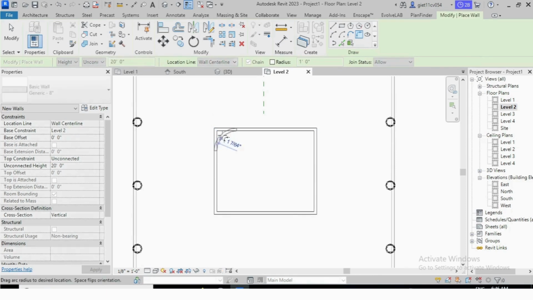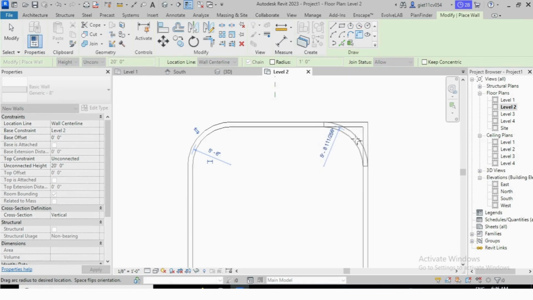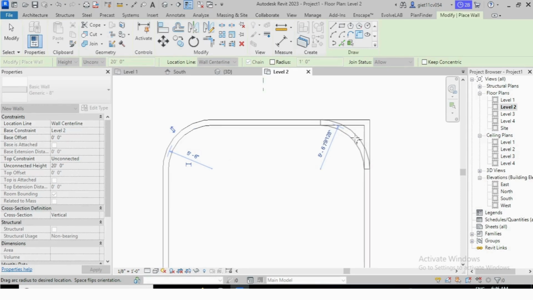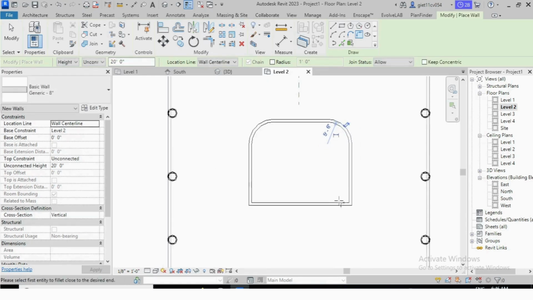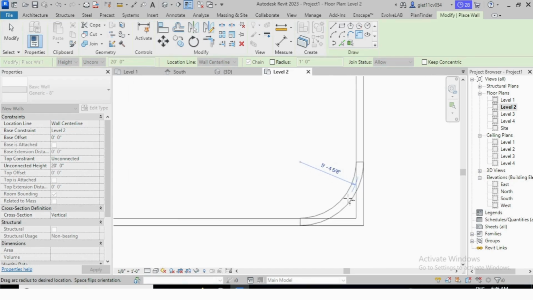Select this one, make this one and make it up to 5 3. Okay, select this one and make it up to 5 3. Okay, this side also. Five 3.